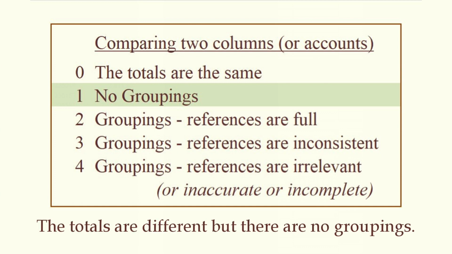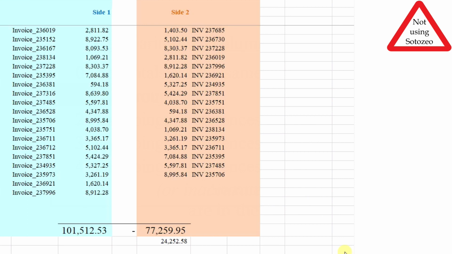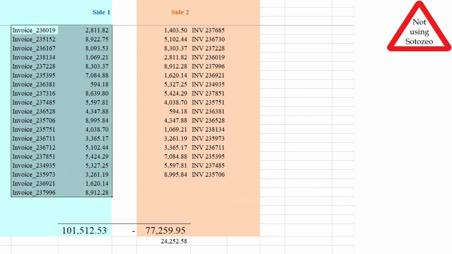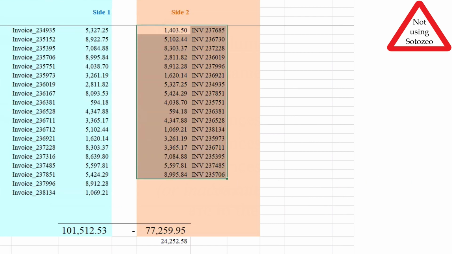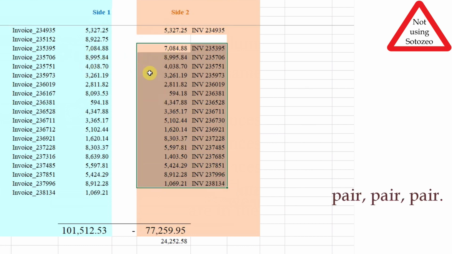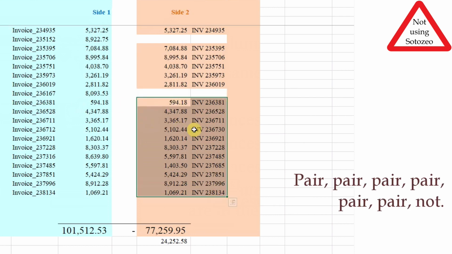Case 1. The totals are different, but there are no groupings. So numbers from one list either are in the other or they are not. This is pretty easy. First, we sort both sides, either by the narrative or by the amount. And then here we're going to look manually to find pairs and non-pairs. So that's a pair, this is not, so we pull this one down. Pair, pair, pair, pair, pair, no, pull, pair, pair, pair, pair, pair, pair, not,